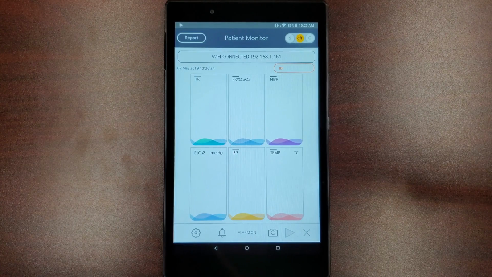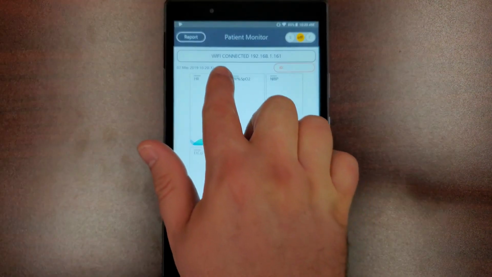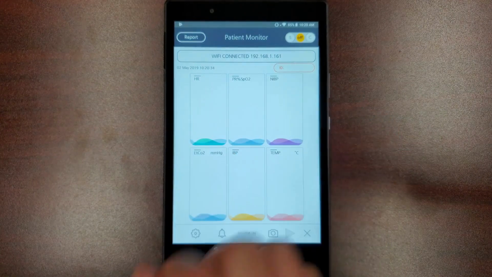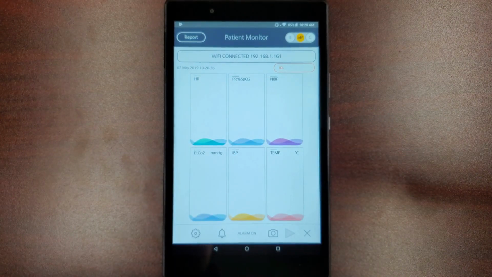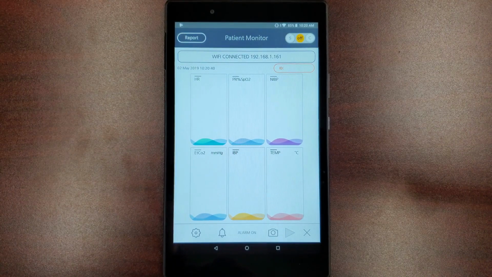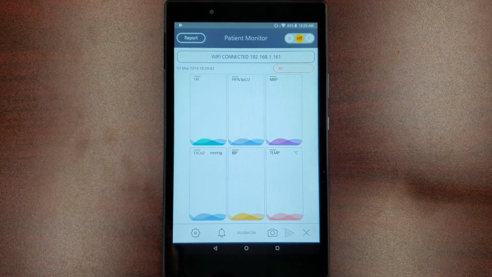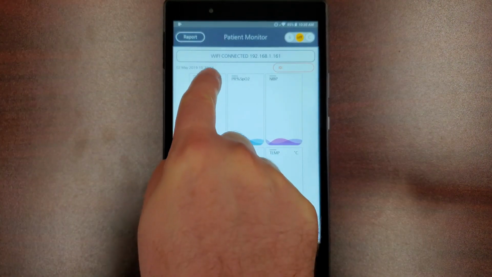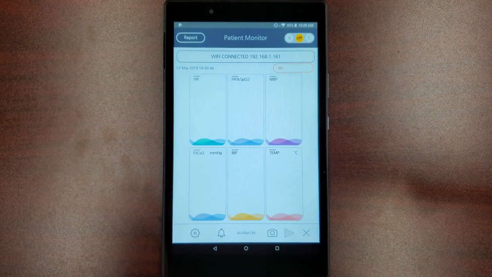To begin with, ensure that your mobile device is connected to the same Wi-Fi network that your patient monitor will be connected to. If your device is not connected to Wi-Fi, the message at the top of the screen will read Wi-Fi disconnected, and your app will not receive your patient monitor data over a cellular network. Once your device is connected to your Wi-Fi network, you will see the message Wi-Fi connected, followed by an IP